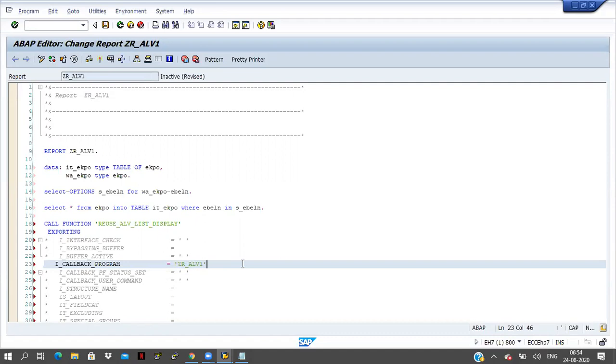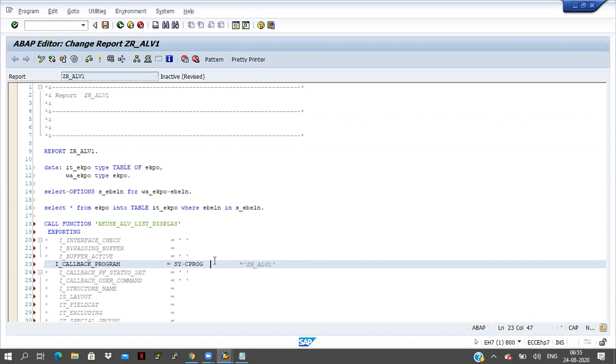So other times, I will use some system variable, SY-CPROC. This is the system variable. SAP is providing the system variable, so it will contain the current program name. So what is the current program name? JDR_ALV1. It will contain that only. So instead of passing it like this, I will write SY-CPROC. You can write either this way or that way. Both are the same, both are correct. But if companies won't allow hard coding values, we have to go for system variables.